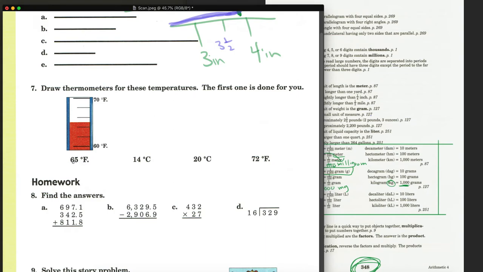So it's 65 degrees, so they drew a thermometer. And we know that these are skip counting by what? By 2, right? Each one of these is 2 degrees. So to represent 65, they went to